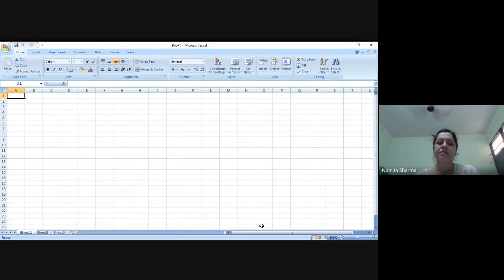Starting with the basic meaning of the pivot table. I'll just repeat myself. Pivot table is nothing but a special tool provided by Excel to summarize the table and give a snapshot of a bigger table.